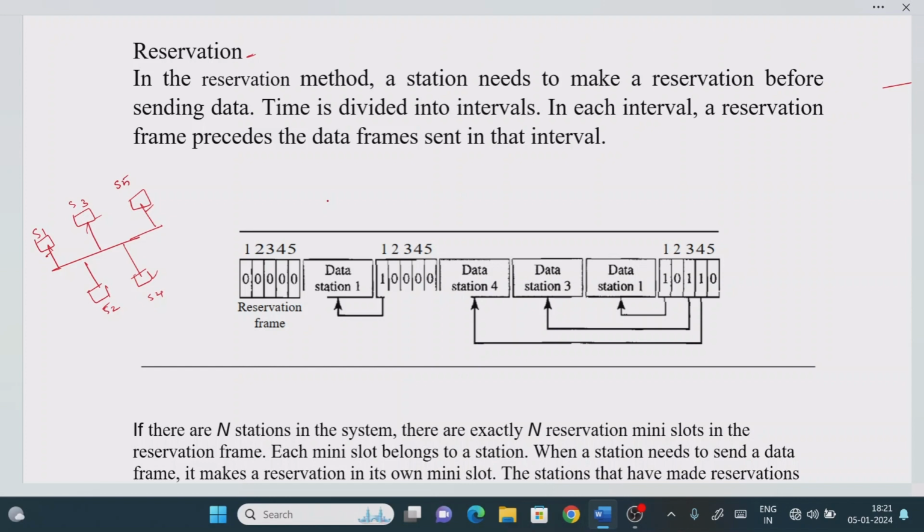In the reservation method, a station needs to make a reservation before sending the data. The main concept here is that time is divided into intervals. In each interval, a reservation frame